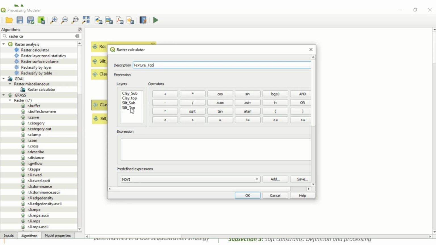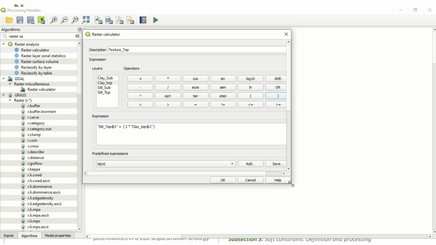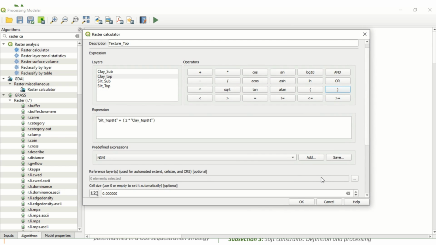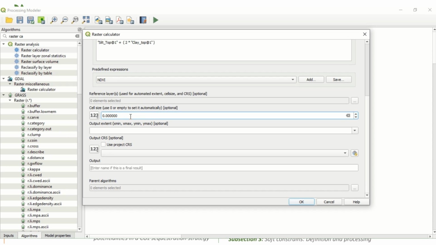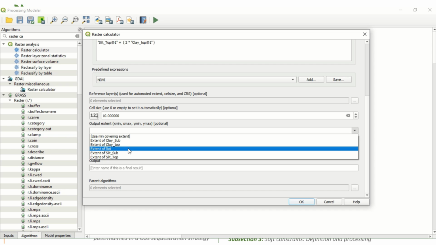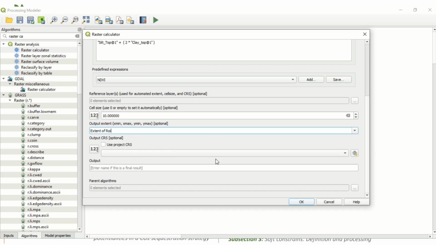In this case, we choose the silt top plus 2 times clay top. This is the same equation that we see in the theoretical videos. Okay, in this case we haven't got reference layers, but we are going to change the cell size. We are going to define the extent like the extent of the ROI, and we are going to put